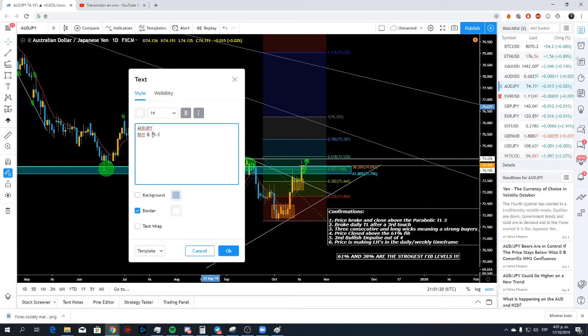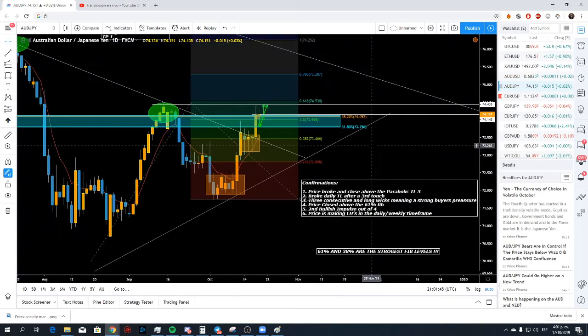So we got 74.14 entry with ideal at the retest of that 61 and trend line, which is the 61 level. 10 pips higher of that level, so it will be 73.90. Take profit one is